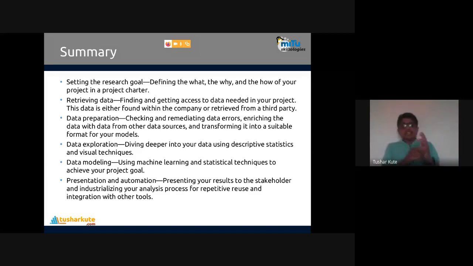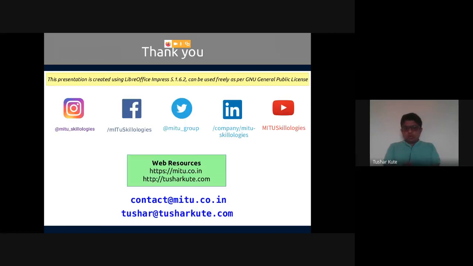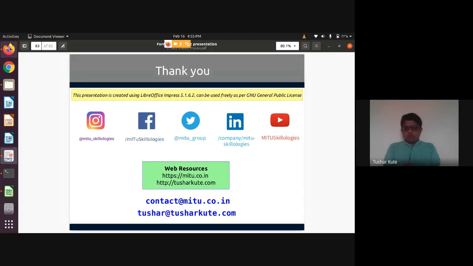In the first practical tomorrow, I will show you how to do this particular operation of data pre-processing. In data pre-processing, actually 3 tasks are there: retrieving data, preparation, and exploration. Modeling is different, not a pre-processing task. We'll check it out. I will try to cover as many processes as possible, and then we'll do it practically. So till this point, if you have any doubts or questions, you can ask, or we will continue further.